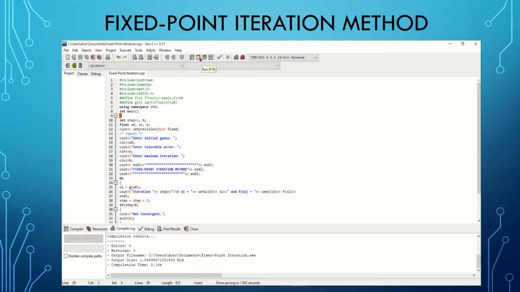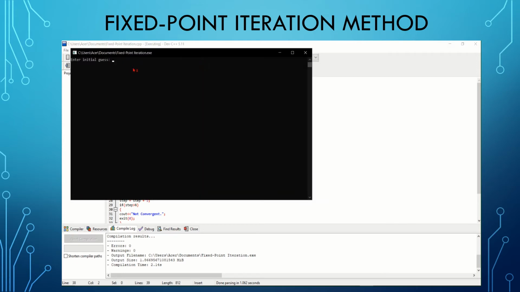So for example, enter the initial guess, let's say 5, enter, and asking for the tolerable error, which is 0.00001, enter, and asking again for the maximum iteration. We can choose any, so let's say 10, enter,